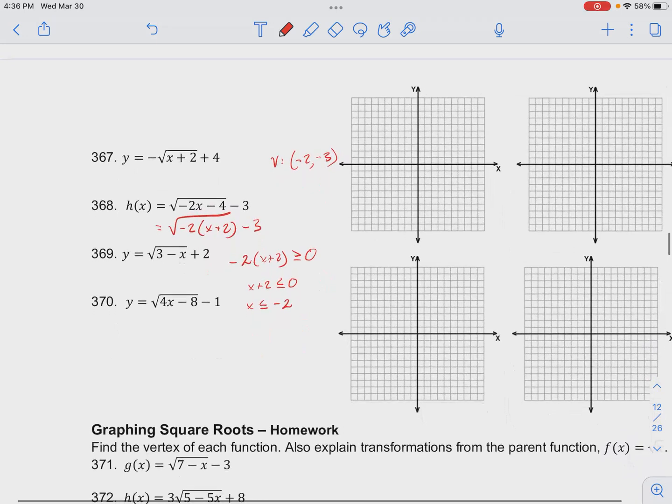So if we plot this on our graph over here, we have a vertex. And if x is less than or equal to negative 2, that means our function opens up in this direction. And so we can look at the negative x direction to solve for our range. So if our domain is given by x less than or equal to negative 2, our range, if we look